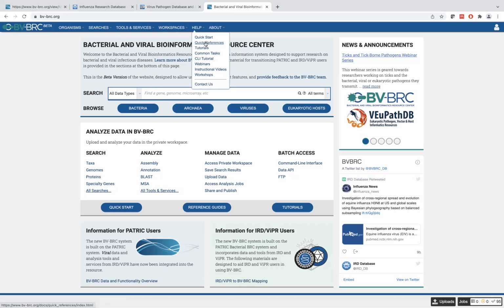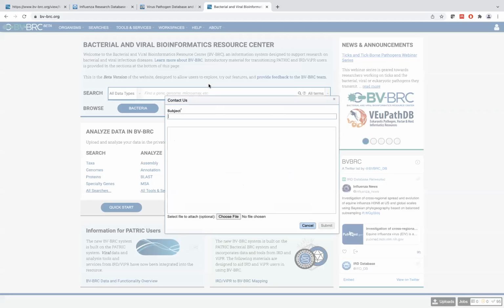Underneath the Help tab, you can find a lot of the resources that I mentioned in the presentation, including the quick start guides, the quick references that just basically run you through what the different buttons on the pages do, the tutorials for how to use some of the services, the common tasks, a command line interface tutorial, links to our webinars, instructional videos and workshops, and most importantly, the Contact Us button, which if you want to tell us